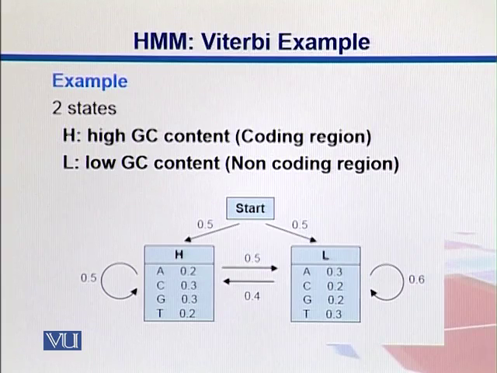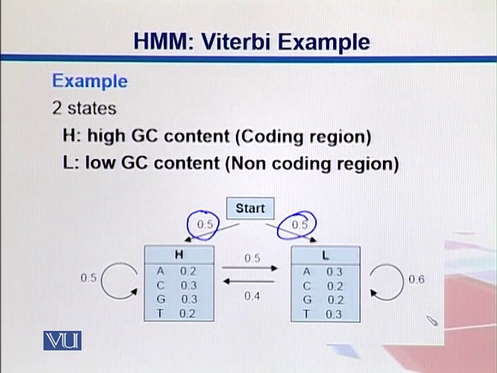For example, in this example, we have a high GC content state. We call it H for high, and we have a low GC content state. Maybe the first one is coming from coding regions, the other one from non-coding regions. We recognize that there are two states, so our Q is equal to 2, which is high and low. We can start from anywhere, and we can start in high. The probability is 0.5 and 0.5, half and half, so it's quite fair,